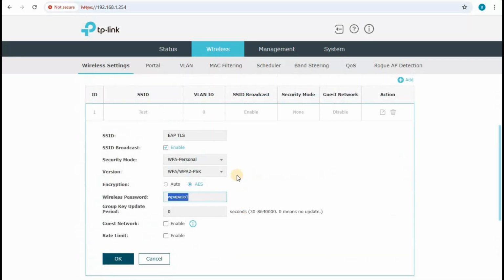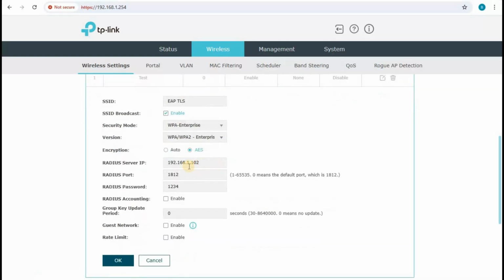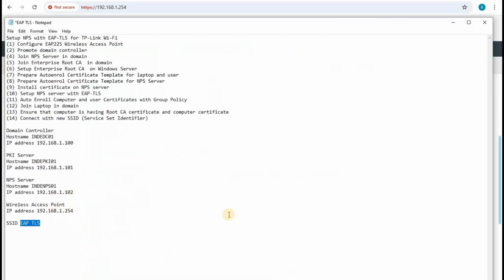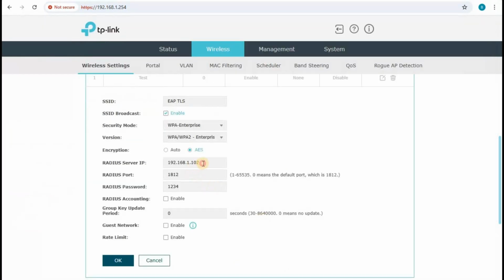But I'm just using for different purpose, so I will say WPA enterprise, and here if you are not having correct IP address, you just change that. So my Radius server is having IP address 192.168.1.102, so that is fine for me. That port is also fine, 1812, and this is a password. So you can choose the password of your choice, whatever you want to. Suppose I want to add one more, and then you need to remember that password because you are going to add this same password in a Radius server. Okay, so